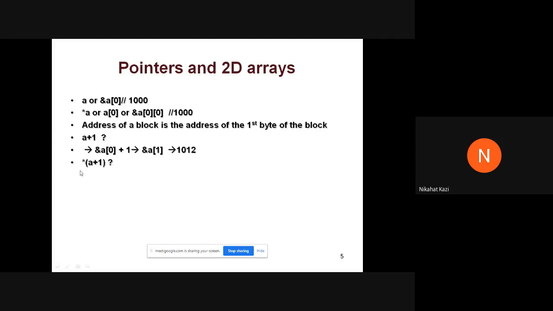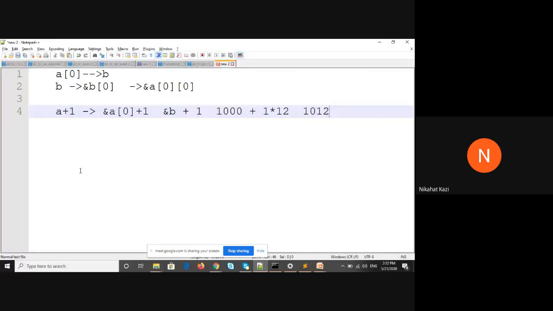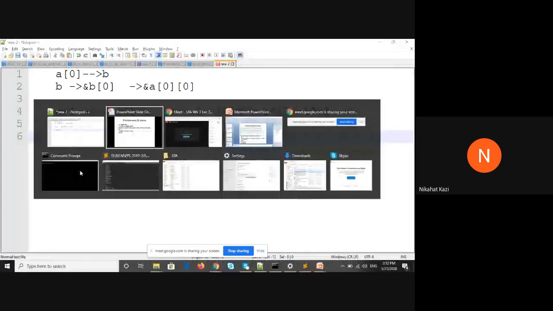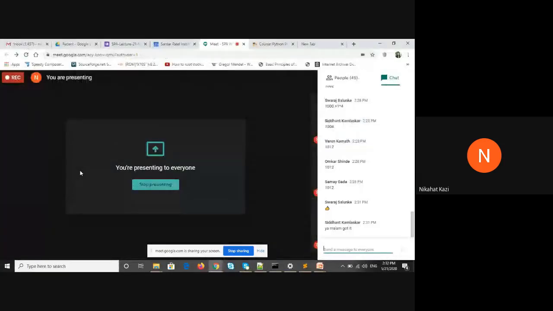Next question is, what is star of A plus 1? Now come on, I want some of you to guess it. Please write it down in this fashion that I wrote. I want the answer from you guys now. In this fashion only, try to get what the answer is. Right, this is the question, star of A plus 1. Come on, 2 minutes I am giving.